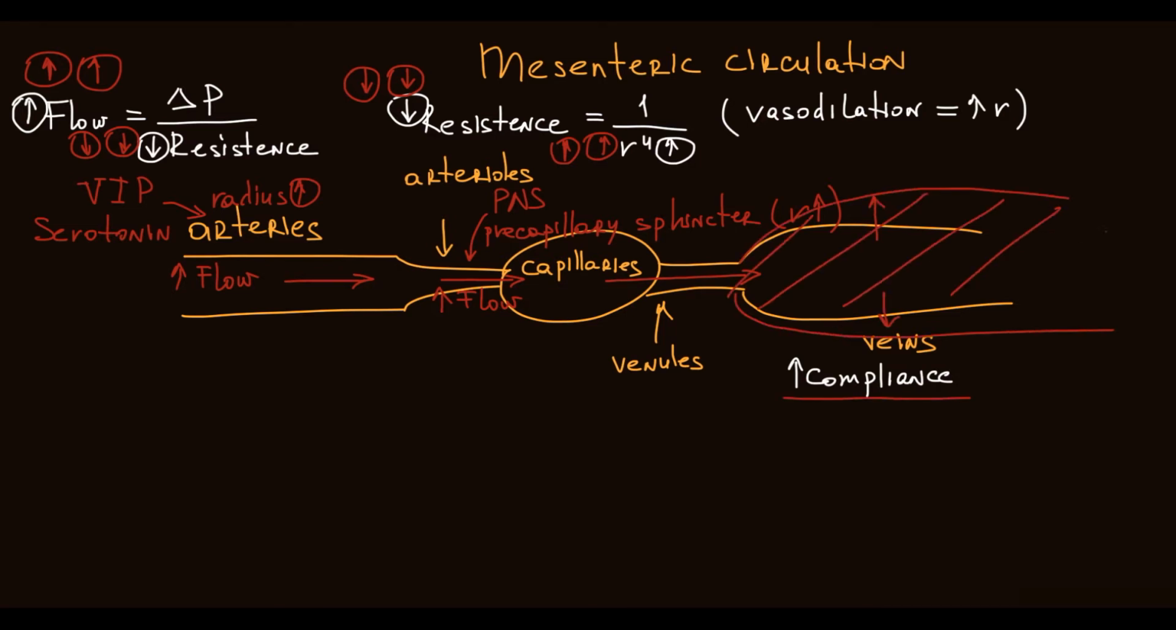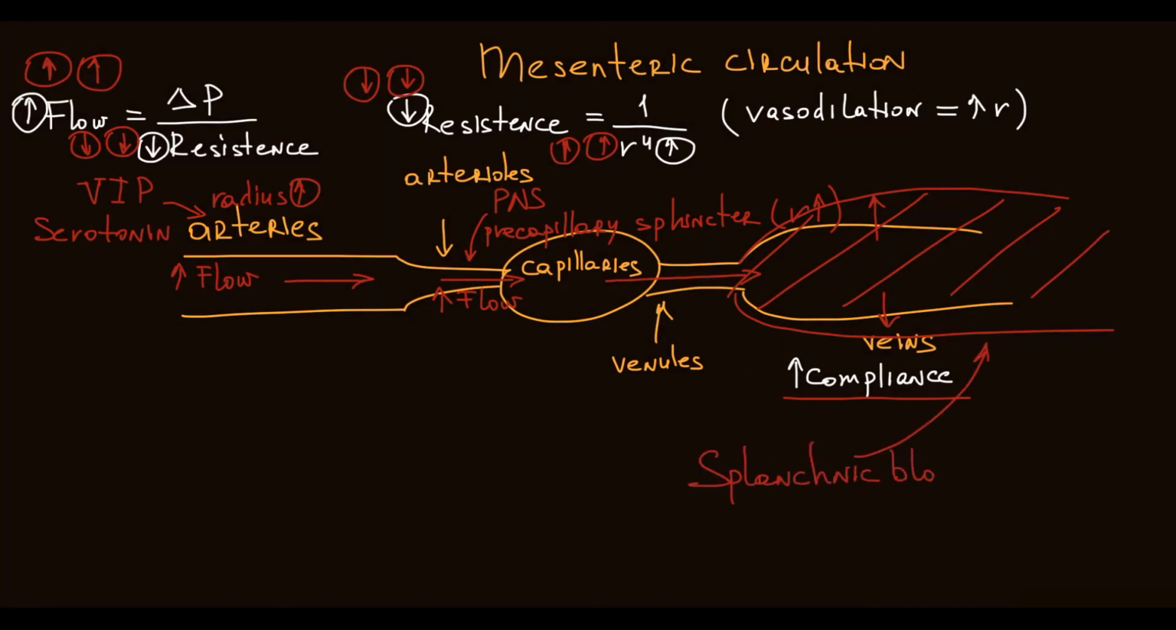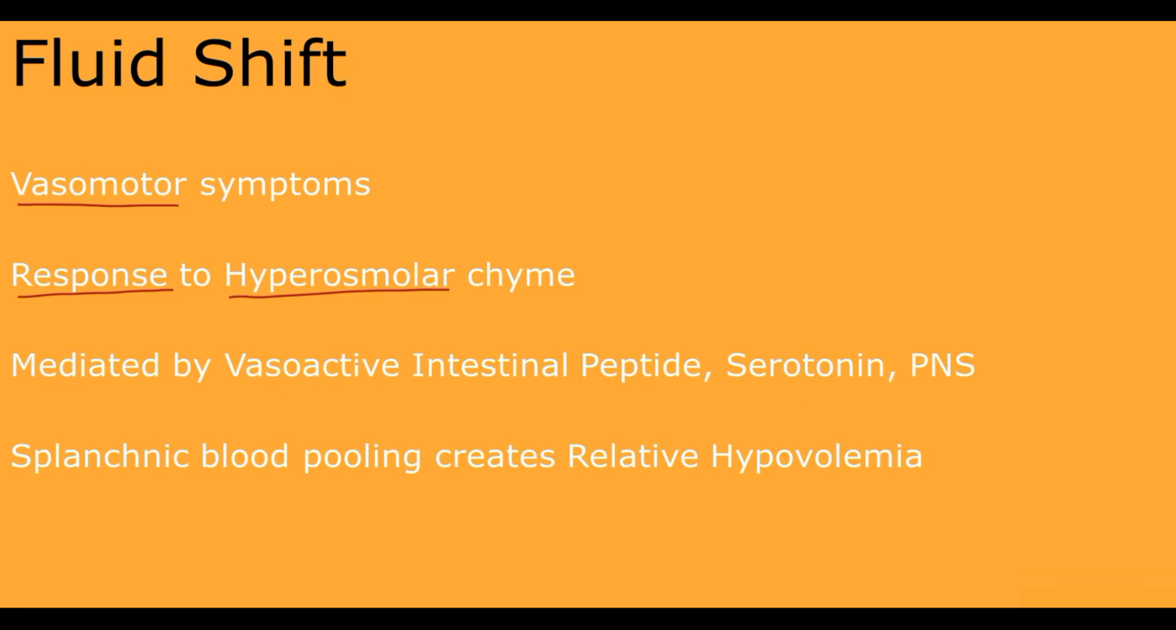And this accumulation of massive volume of blood in intestinal circulation is called splanchnic blood pooling. So the fluid shift mechanism is mediated by two major hormones, vasoactive intestinal peptide and serotonin, and also by parasympathetic nervous system activity. This causes fluid shift from general to intestinal circulation that results in splanchnic blood pooling. But the potential side effect of fluid shift is that increase in intestinal blood pooling creates relative hypovolemia in general